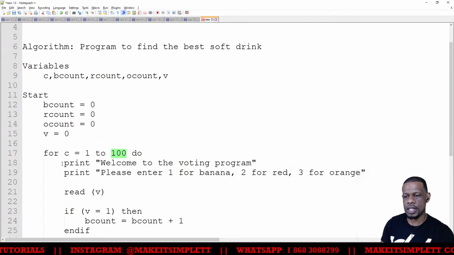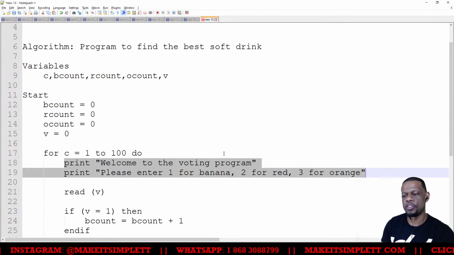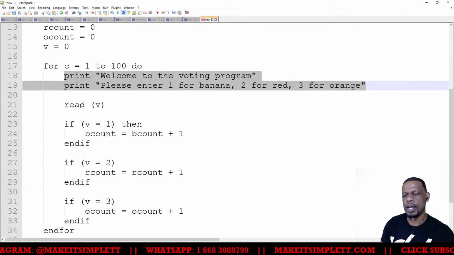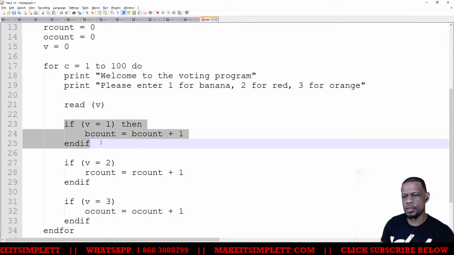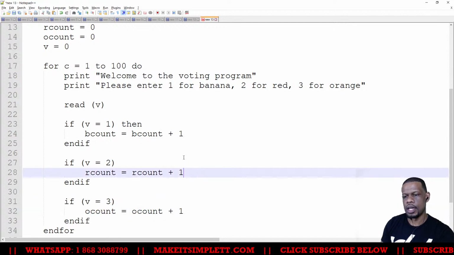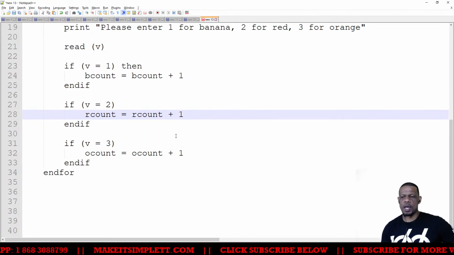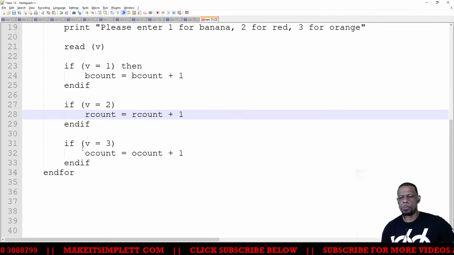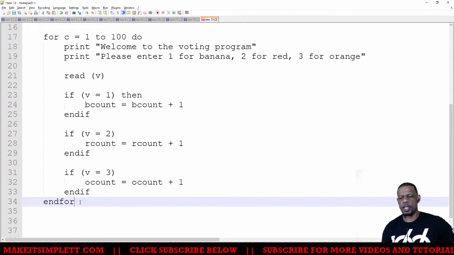What am I doing 100 times? I'm saying, welcome to the voting program. Please enter 1 for banana, 2 for red, 3 for orange. And then I read the vote. If the vote is that, or that, or that, then I will carry up the count by 1. And then end if, N4.